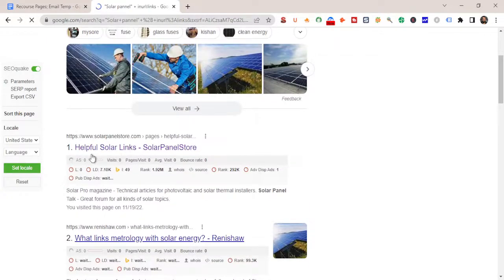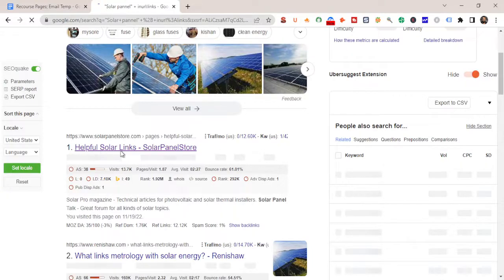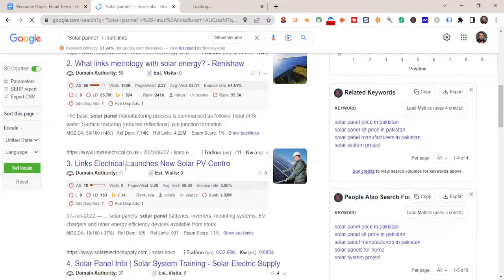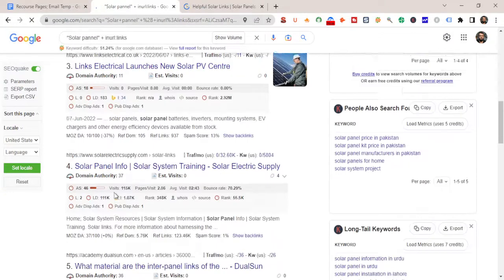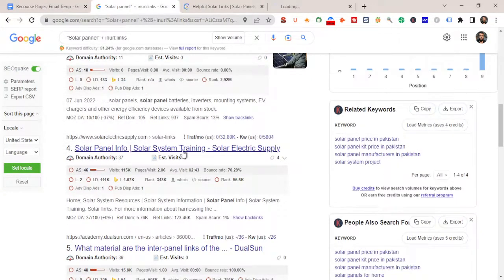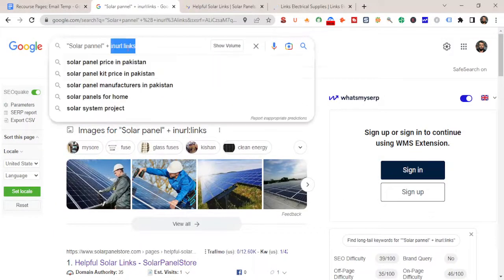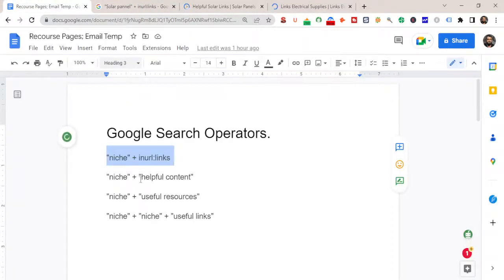So the first one we have got is solarpanelstore.com, helpful solar links. Let's open this in a separate window. So let's see what we have found further. Links, electrical launches, new solar. This also looks like a resource page. Solar panel info. So we have not yet found much, but let me just pick the second one,